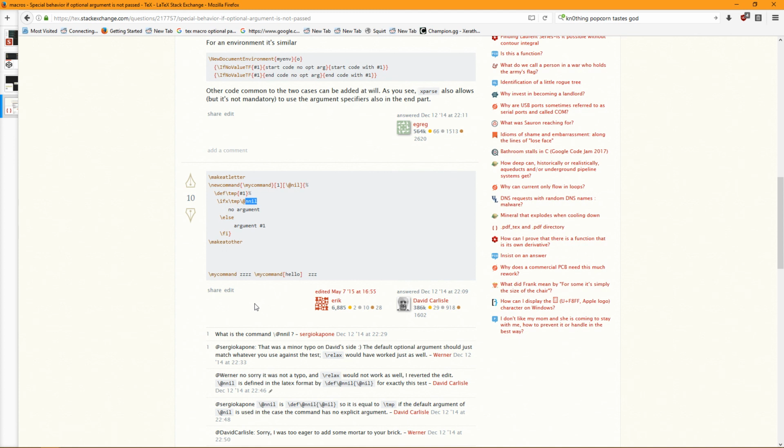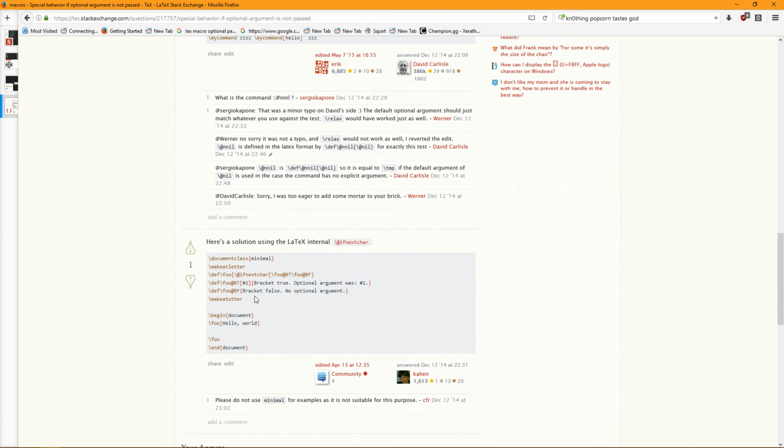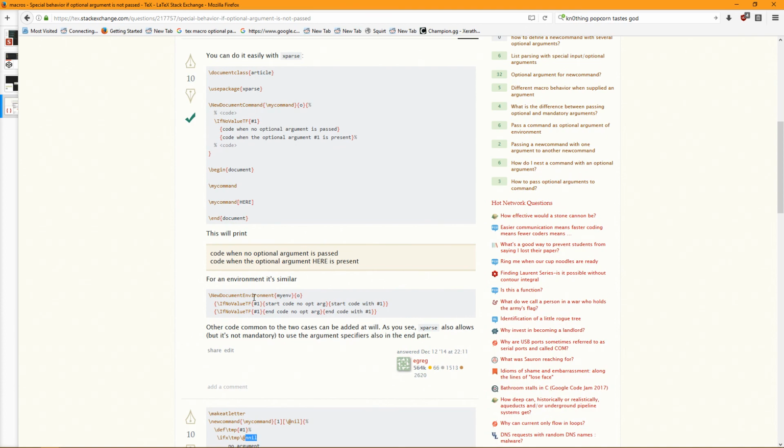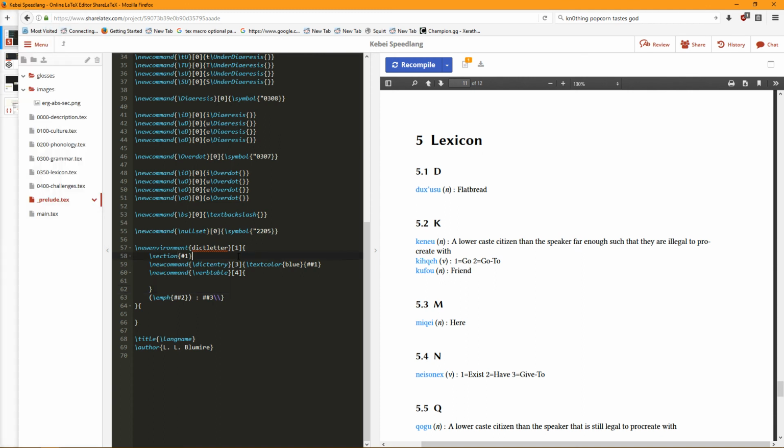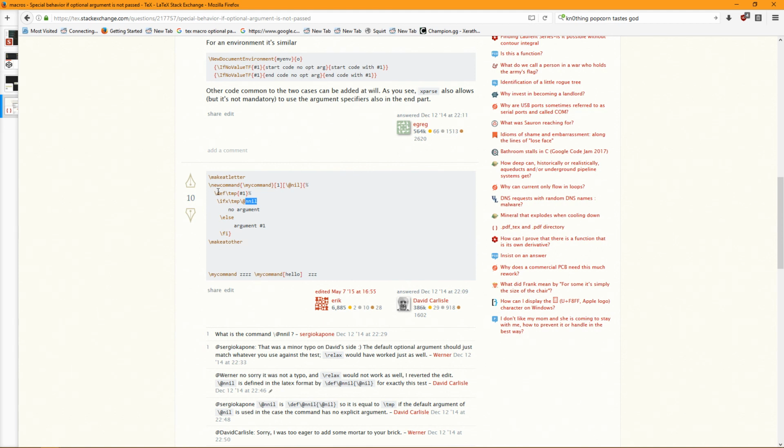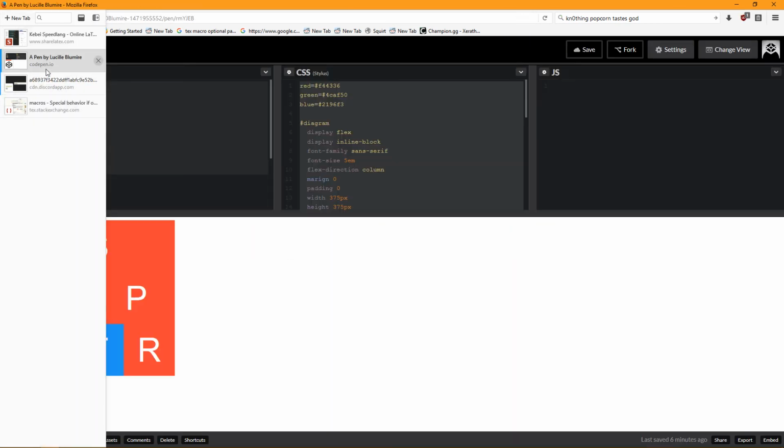Oops, no, I don't want to remove. Okay, so we need to do a make hat letter, make hat other block. That's not surprising. You need those for pretty much everything complicated. Make hat letter, make hat other. Okay. And then you set up a temporary variable. That is reasonable. Yep, and then you check against that. Okay, that makes sense.